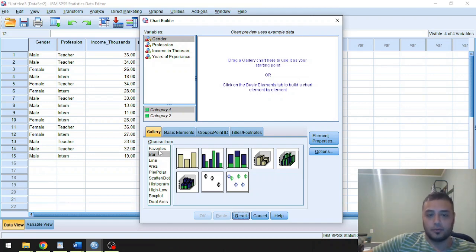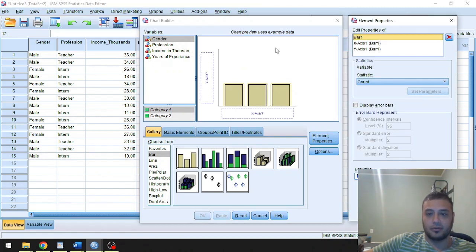So again, these are just choose from this. This is the list of graphs that are available, and then these are the types of visualizations under the graph. So bar, this is the simple bar chart, this is a clustered bar chart, stacked bar chart, and these are 3Ds. These are new features available within SPSS, so it's good if you would like to have advanced 3D visualization of your bar chart. So simply drag the graphic, whichever type you use, select, drag it onto the canvas,